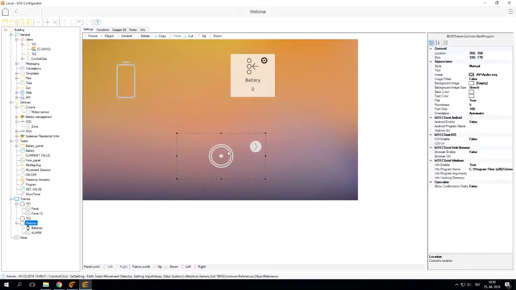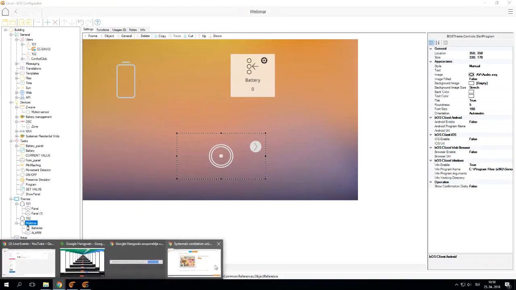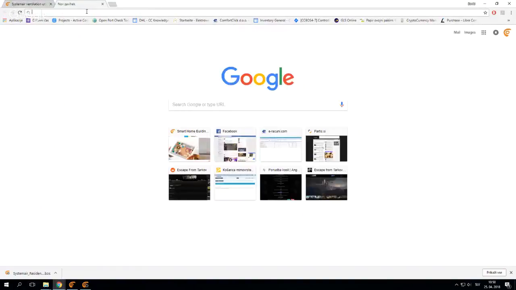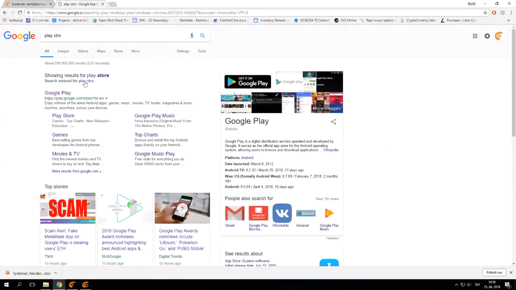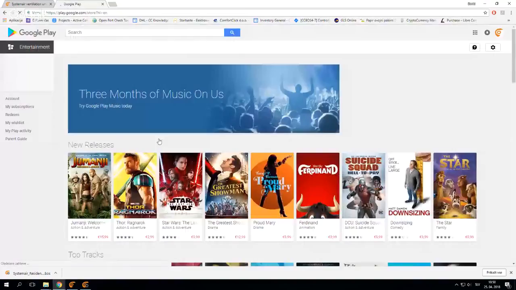So I created this open program button here. This is going to work for Windows. But if you're running, let's say, an Android app, then you will need to know the correct part of the URL of the app. So you need to go on the Play Store. This is for Google Play, yeah. And let's